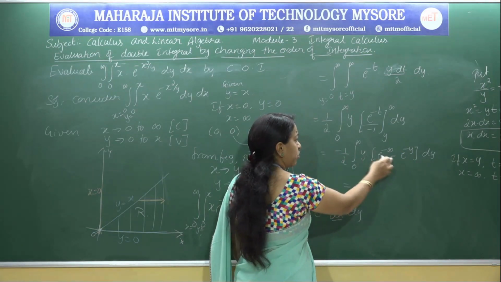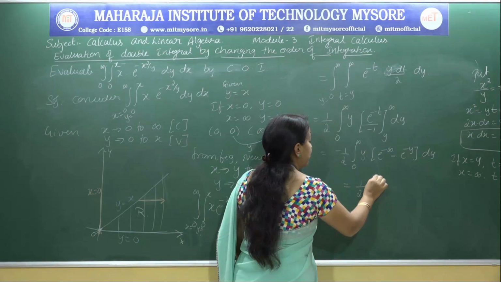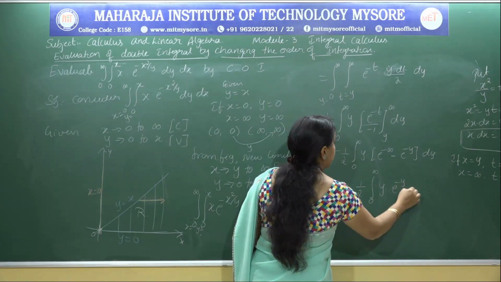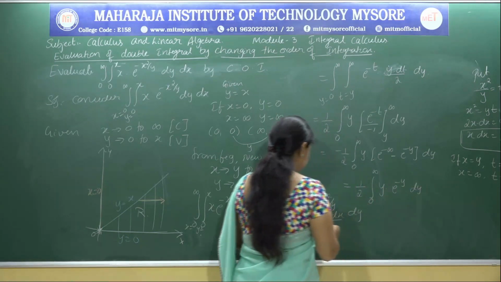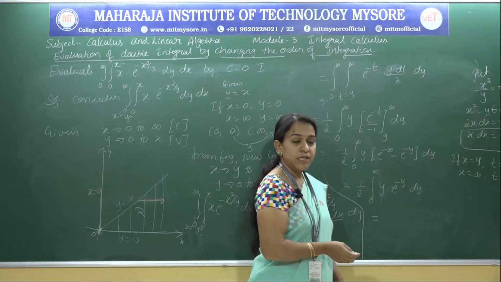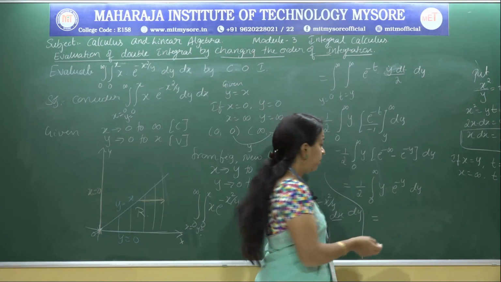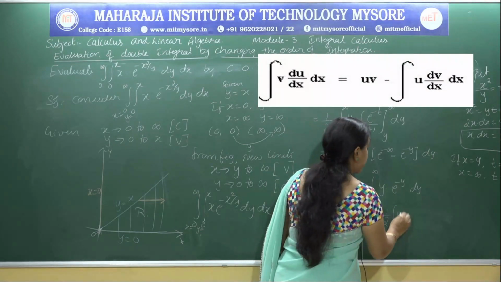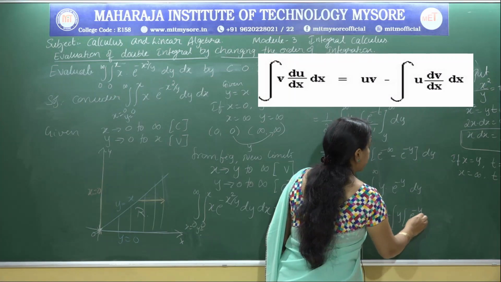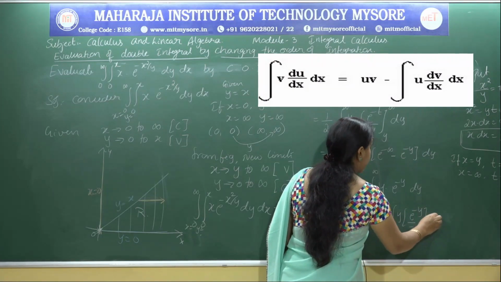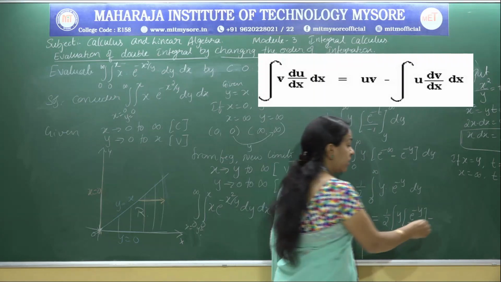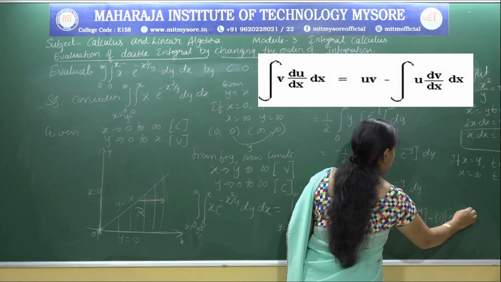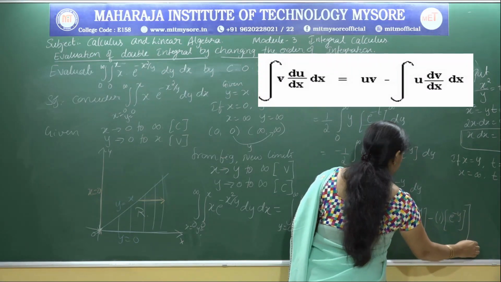Minus we have common, so minus of minus becomes plus 1 by 2. Integral 0 to infinity, we are left with y into e power minus y dy. Now integrate by parts, or we can apply Bernoulli's rule, that is 1 by 2 times of y is the first function. So first function into integral of e power minus y by minus 1, minus derivative of y is 1 into integral of e power minus y by minus 1, which is e power minus y, between the limit